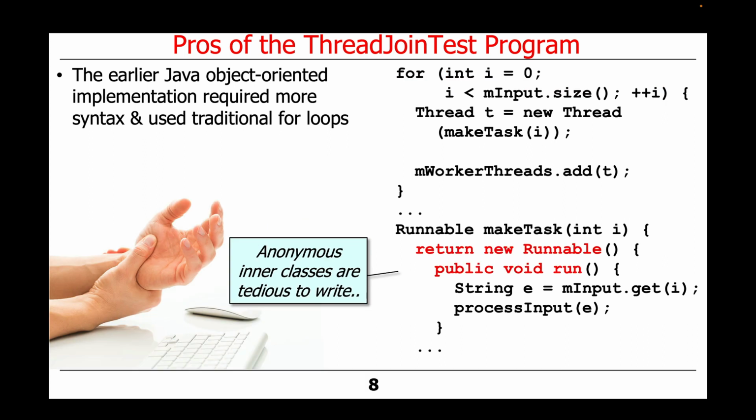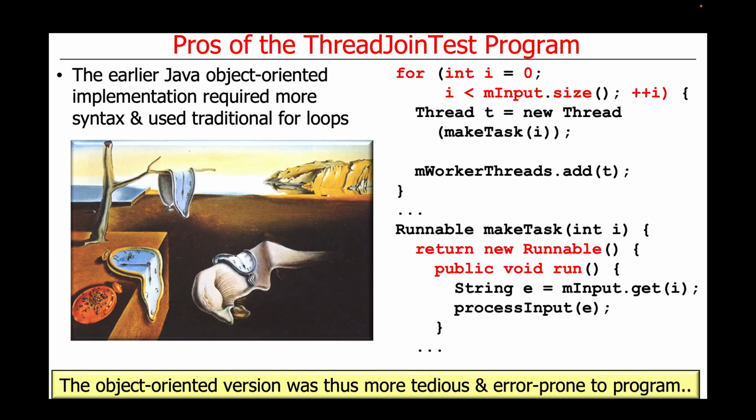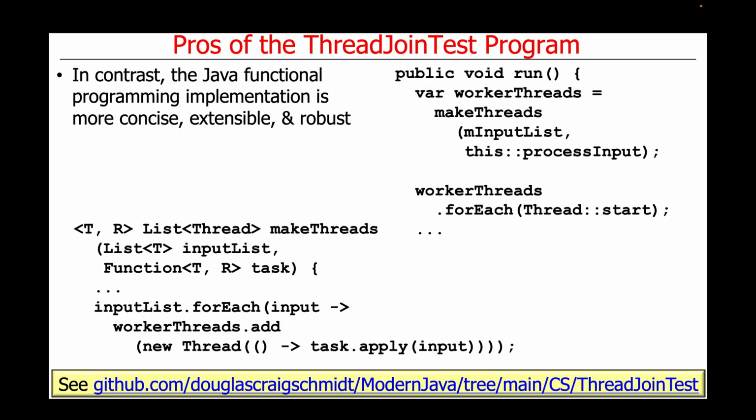Likewise, the use of object-oriented features, such as anonymous inner classes, can be tedious to write due to the fact that there's extraneous syntax required relative to more concise modern Java features like lambda expressions and method references. The object-oriented version of the ThreadJoinTest program was thus more tedious and error-prone to program as well as to maintain over time. In contrast, the Java functional programming implementation of the ThreadJoinTest program that we've been analyzing is more concise,